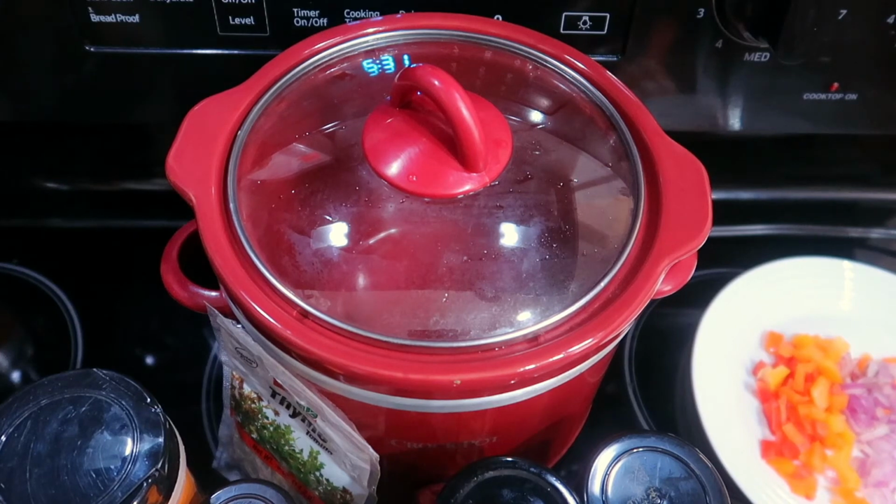But guys, I do want to get the new one that's a Wi-Fi crock pot. So y'all just leave y'all addresses down under the description box. So if I get put out with my pots, I can come to your house. I promise you, I'll cook for you. I'll cook for you, okay? But moving on,